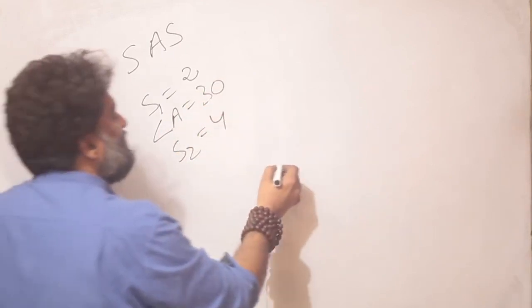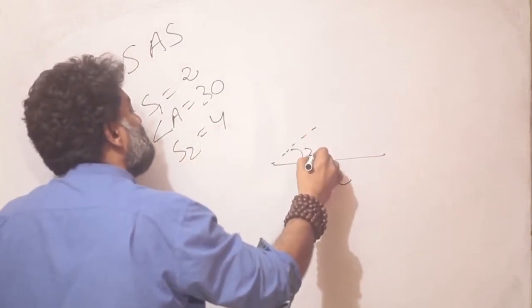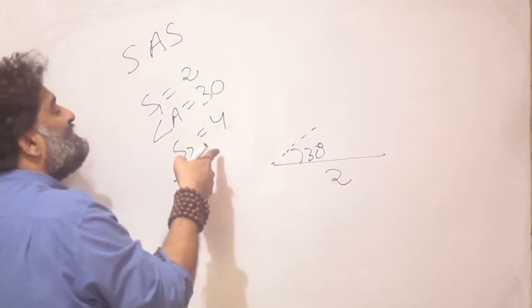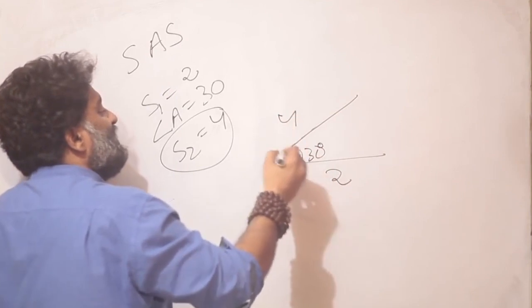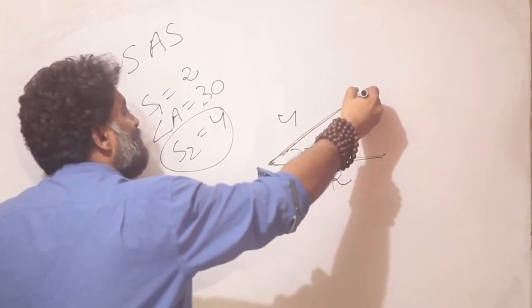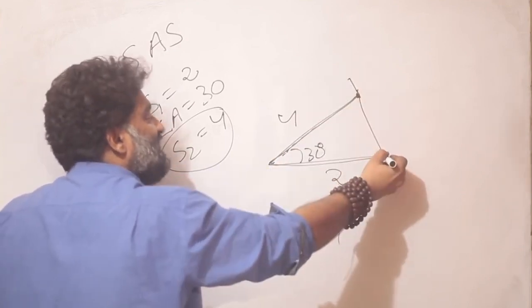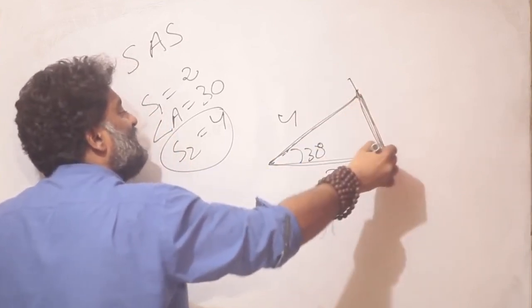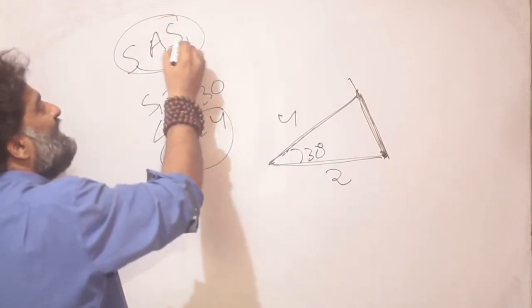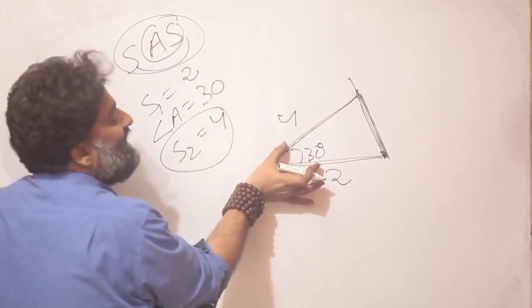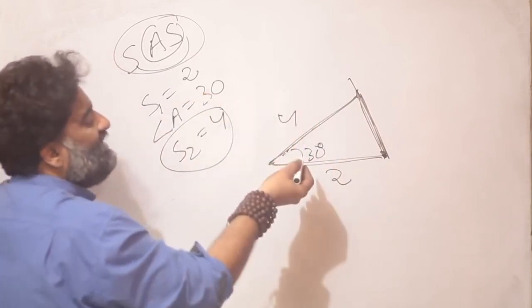So just taking off from the earlier idea, I have the base as 2, I know the angle was 30. But now a side information is also given to me that this is going to be 4 units. If I fix this part, I don't have a choice. I have to connect this to this because the line has ended here, and I just connect these two vertices. So once again I see that if this information is given to me, two sides and the included angle, the angle in the middle is given to me,